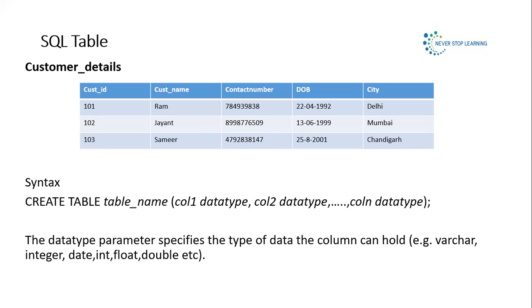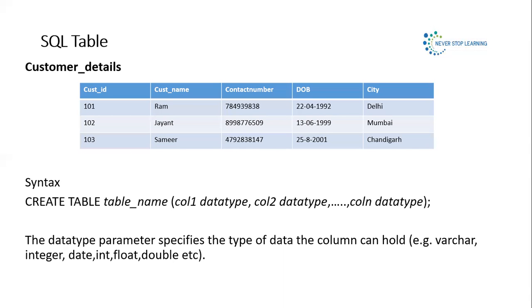Then for date of birth, or for expiry date, or for manufacturing date, for such date-related data, we will be using the date data type. This date will hold the value in the form of dd, mm, and YYYY. So first you have to give the days, then the month, and then the year. Fine. So for now, we will be creating the table using the syntax, and these three data types we will be using in our table.